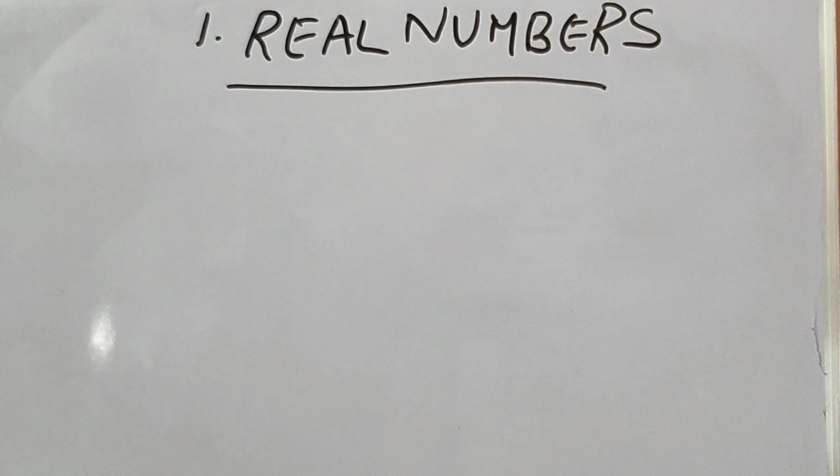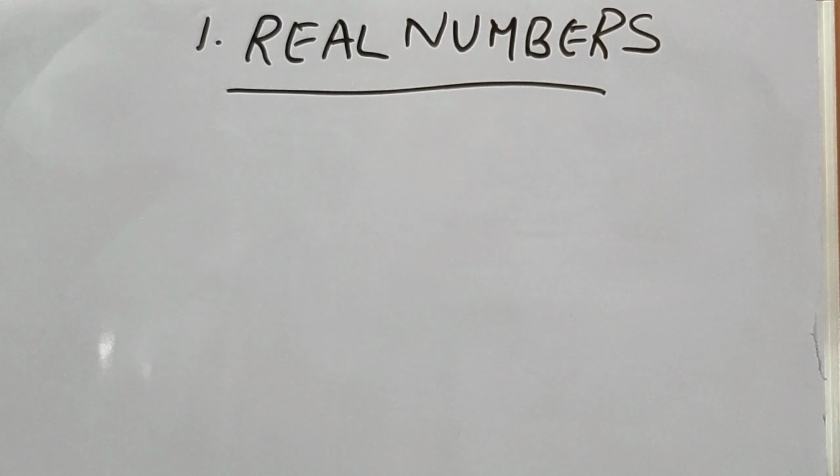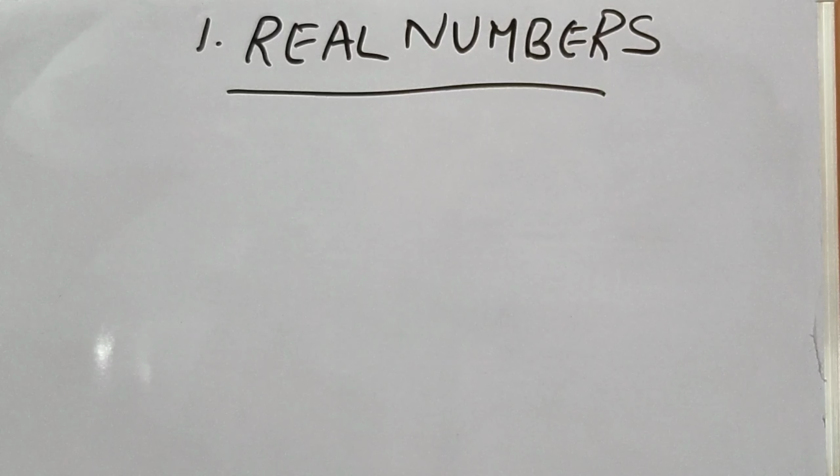Hello everyone. Today we are going to study chapter 1 of the NCERT textbook of class 10 maths, that is chapter 1, Real Numbers. So what are real numbers? In ninth standard you have studied rational numbers and irrational numbers. Rational numbers and irrational numbers together form the collection of real numbers. So under real numbers we will be having all the other collections like natural numbers, whole numbers, integers, etc.